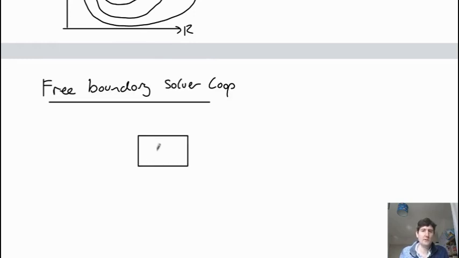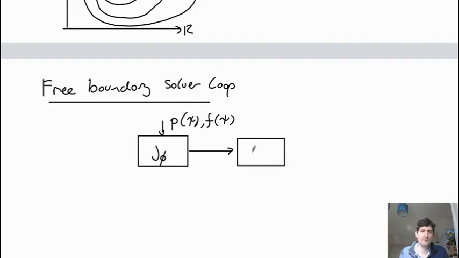So we start with either a guess for the poloidal flux or a guess for the current, so J phi. And as part of that, we're calculating or specifying the profiles P of psi and F of psi. So these are two inputs which are used to calculate the toroidal current. That toroidal current is then solved to find psi plasma, and this is the linear solver. So solving the Grad-Shafranov equation.